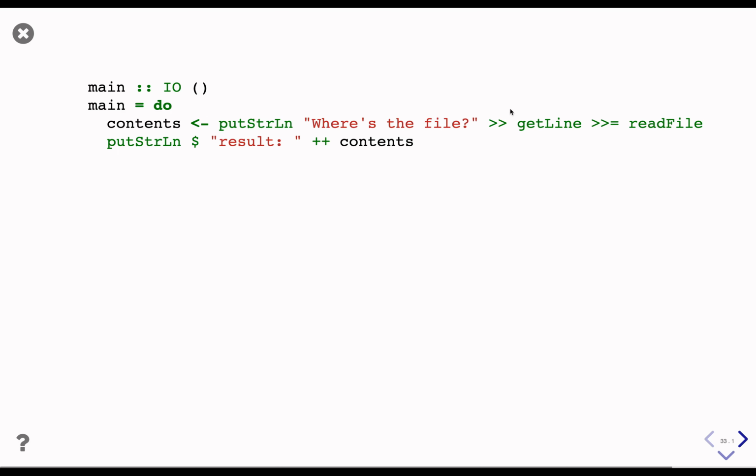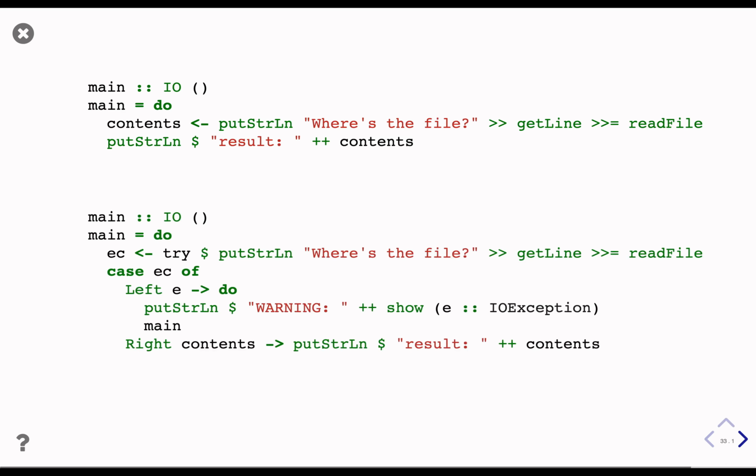Notice that plenty of things can go wrong in this composed action. We are interacting with the outside world three times. So in this case, we cannot prevent the possibility of an exception. We're interacting with the outside world, so unexpected things might happen. But using the try function, we can handle the exception under the hood and only interact with optional values, like this. In this case, the actions are the same,